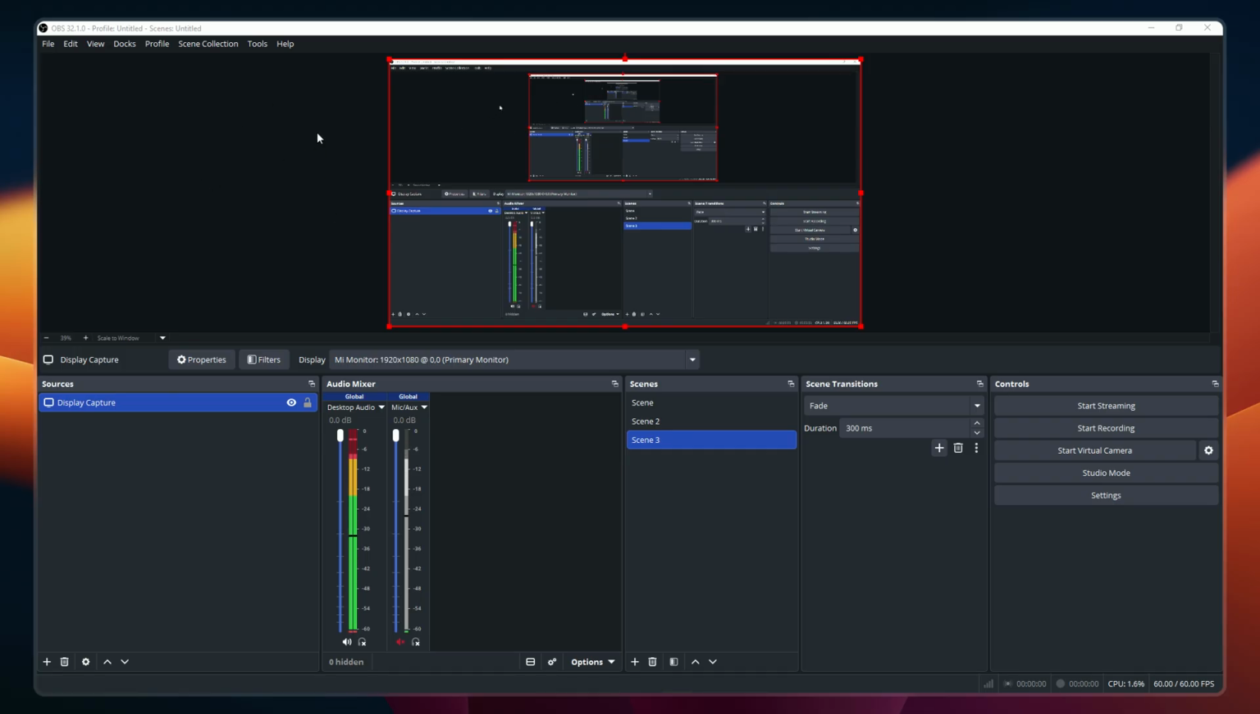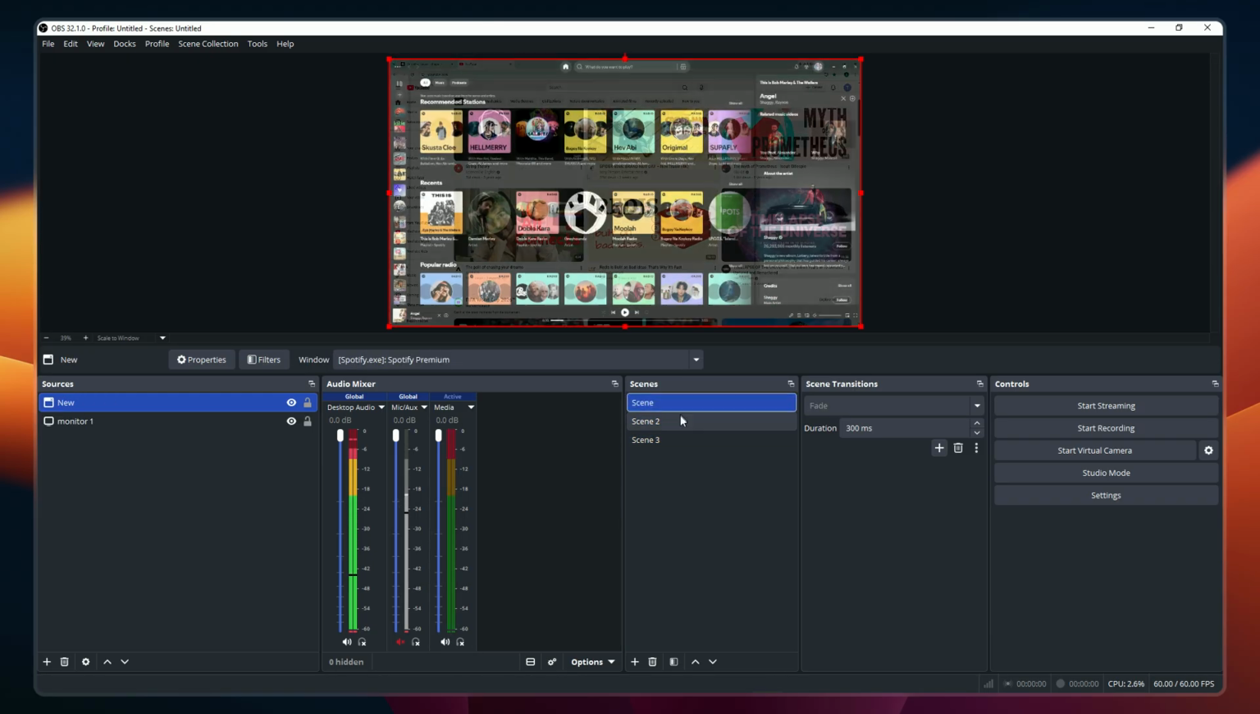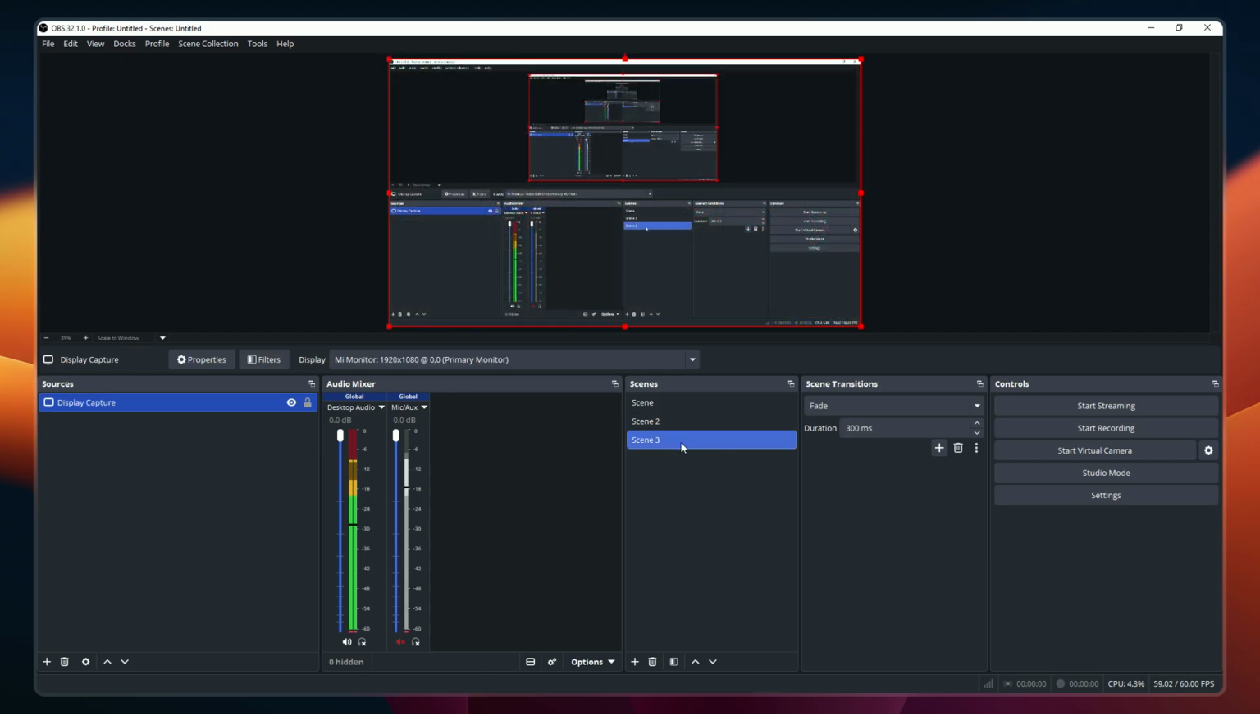First, navigate to the Scenes section where you'll see all your available scenes displayed in a list. Switching between scenes is incredibly straightforward. Simply click on any scene from the list and OBS will instantly switch to that scene. This is the quickest method for manual scene switching and works great when you're managing your stream or recording in